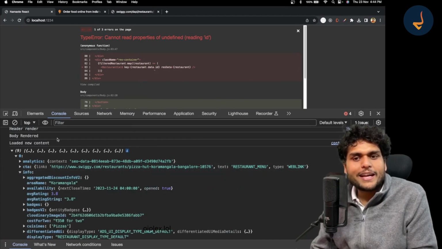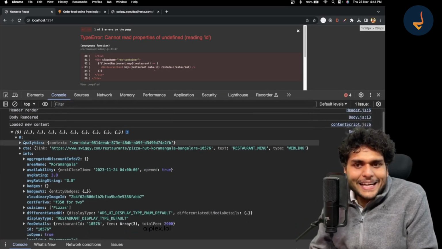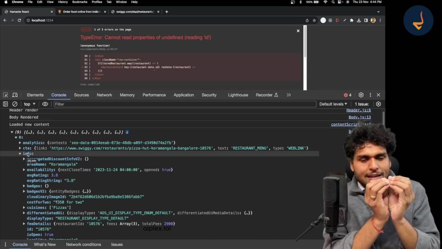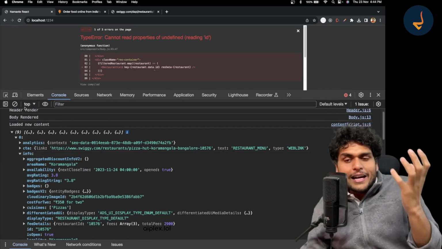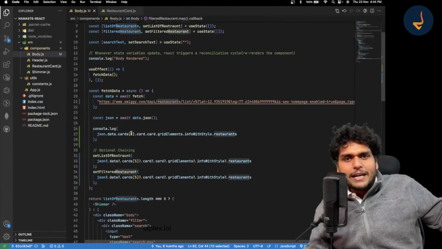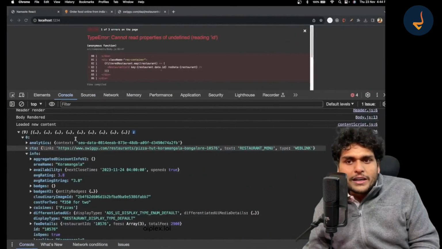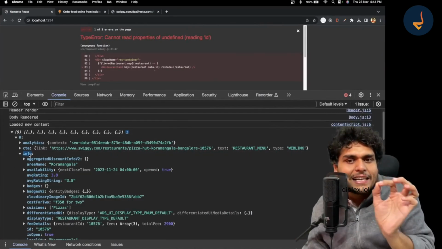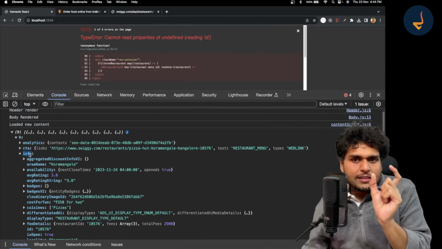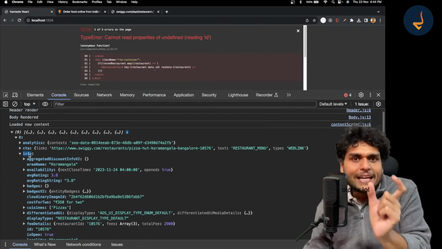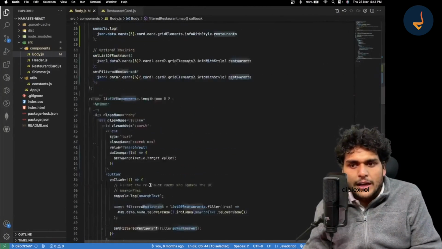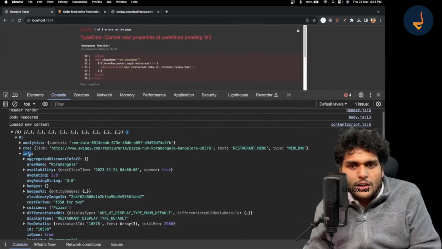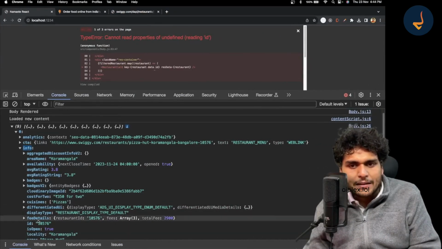Oh my god. Okay, now I understood. Earlier, the name of this info was data. Do you see the difference? The code that I wrote last time, this API used to return us an object, and over here this info was known as data at that time. This is the key. The key name was data over here. That is why it was working. When I used to do restaurant.data.id, it used to refer to restaurant.data over here and then this id.